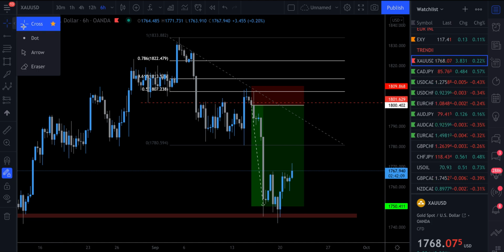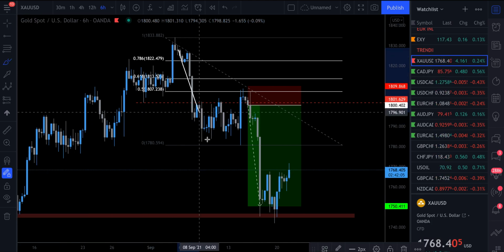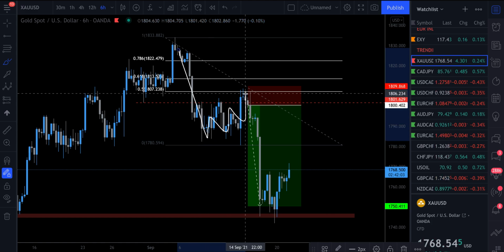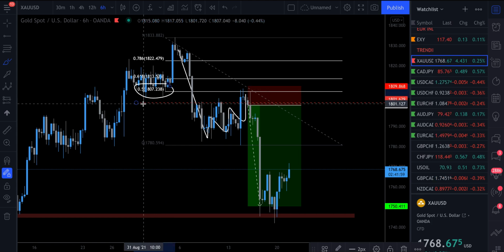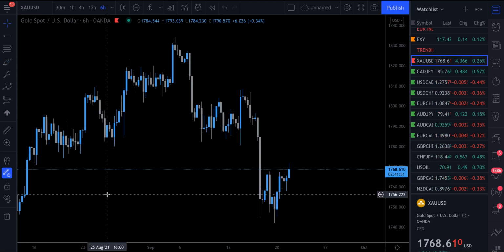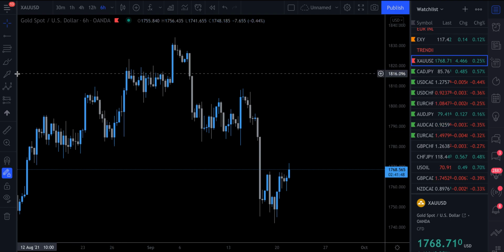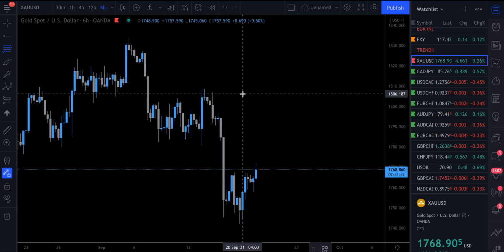So this is a trade I took last week. You can see here we had an impulsive move to the downside followed by a correction up to our 50% retracement, which was also in confluence to our recent broken level. However, I want to forecast this week. I don't want to dwell too much on what happened last week. And currently I am sell bias on gold. And the reason why